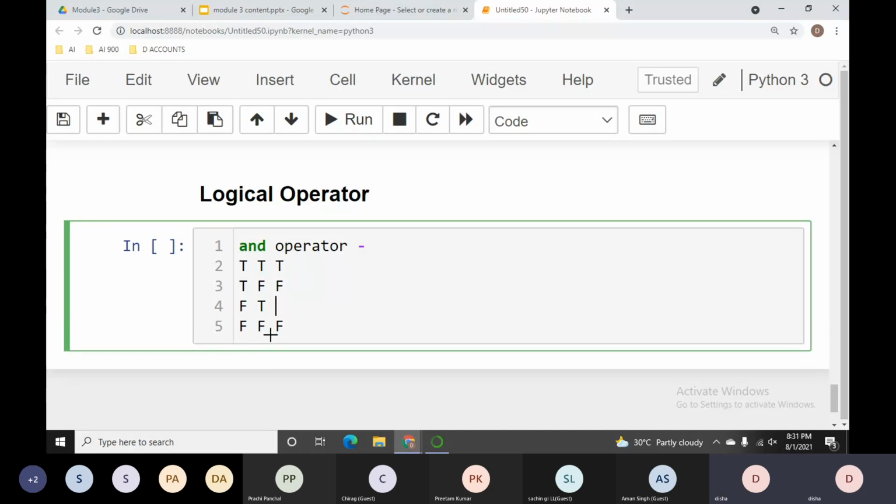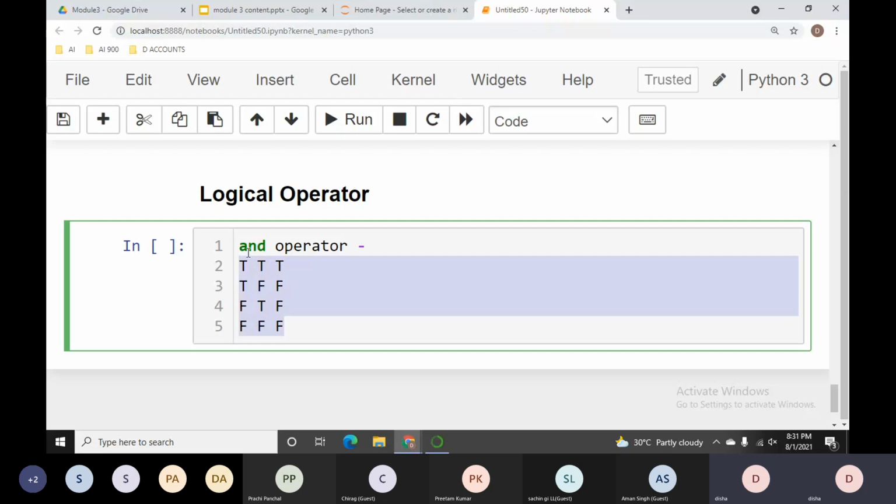Sorry, this is also false. In the AND operator, what will happen? I hope you all have been through gates. I'm not sure, but if you have done gates, this will be easy for you. Okay, so what is happening in the AND operator?